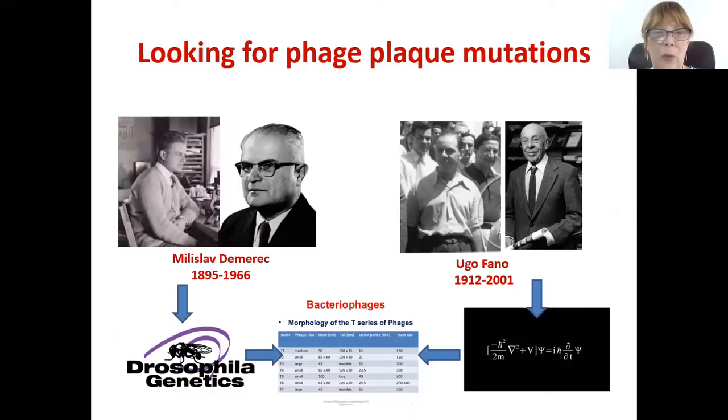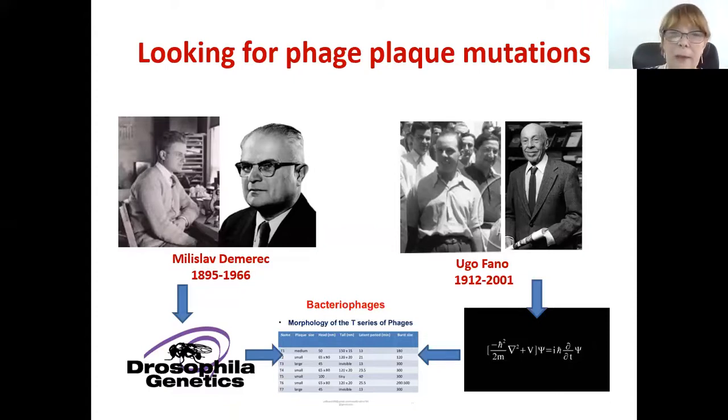Miloslav Demerec was a geneticist working on Drosophila genetics, and Ugo Fano was a physicist working on irradiation, ultraviolet, and other types of irradiation. Together they decided to study mutagenesis, and Drosophila was not a sufficiently simple organism for this, so they decided to use